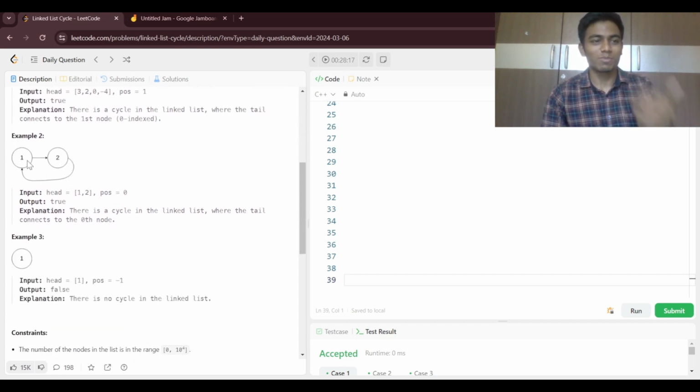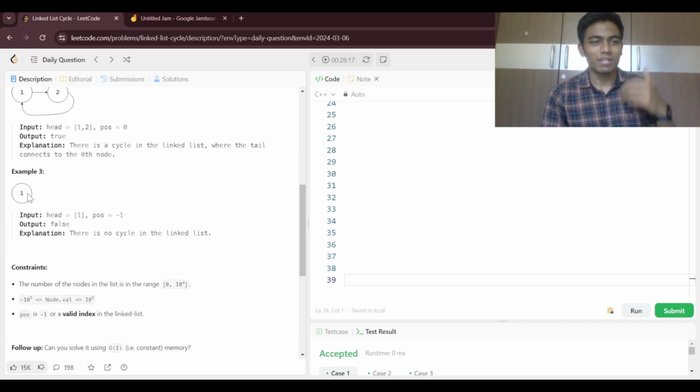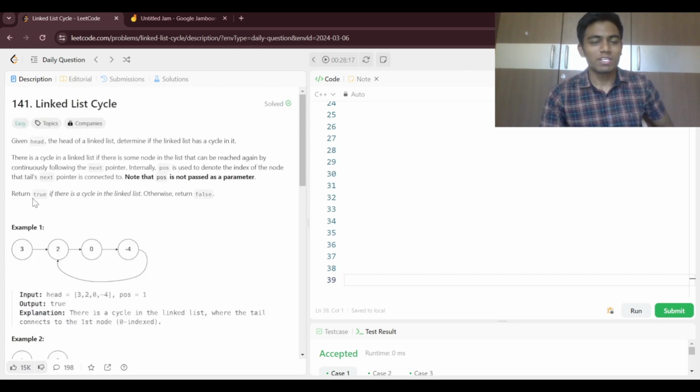Suppose we take this particular case, here also it has a cycle, so we need to return true. And for this linked list, it is a linear linked list, so we do not need to return true. So for this particular case,